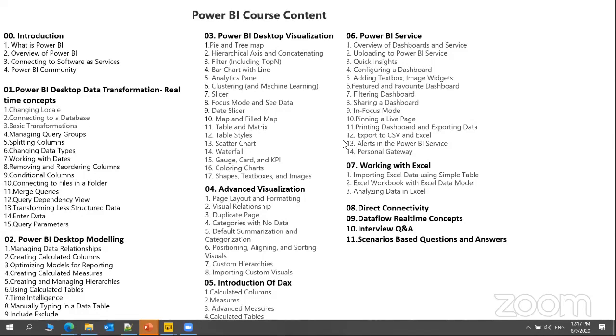This is the course. If you are able to see here, I'm going to cover an introduction to Power BI basics and data transformation using real-time concepts. I'm going to cover the subtopics as well, and the modeling level. I can take multiple data sources and build models using Power Query, I mean the Power Pivot model.